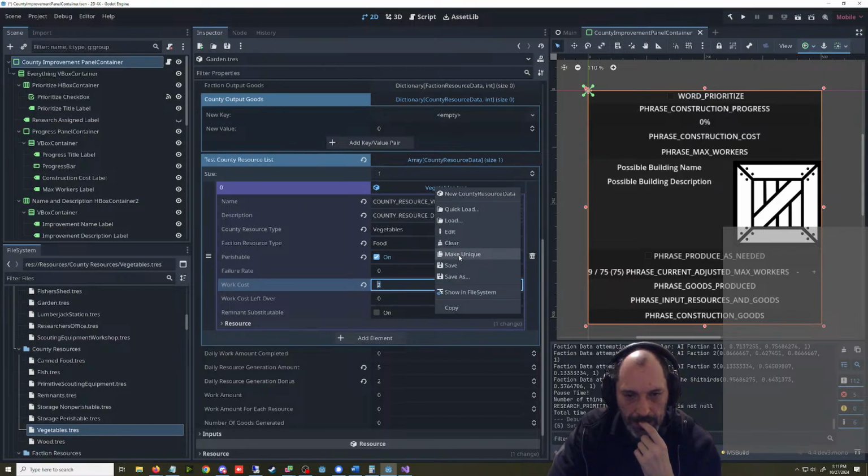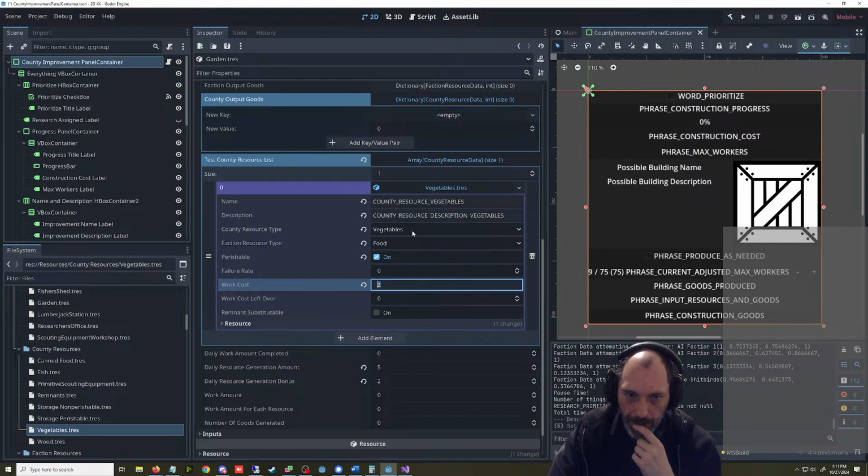Yeah, we can just right click on this. We also could copy it. When we make a county resource, we copy it over, and it also makes it unique, I think. We're gonna have to somehow test that. It's gonna be kind of hard to test. Not that hard, but